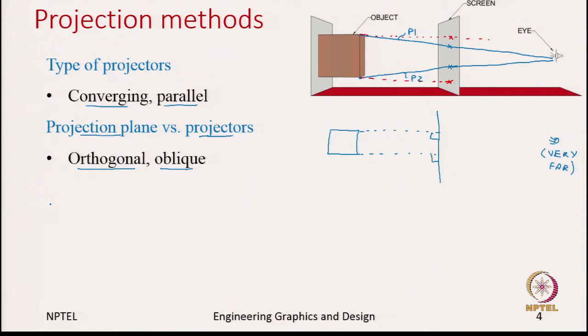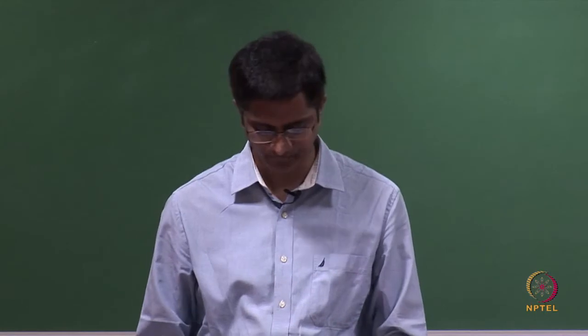When these are making 90 degrees, we call them orthogonal. So, again, it depends on whether you are looking from close or far, or how your projection plane is oriented. There is no rule saying that you should always have the projection plane in this fashion. Maybe you can have a projection plane which is inclined, and then if you extend these projectors, you will see they make an angle theta which is not 90 degrees. So, there are multiple ways you need to define whether your projection plane is perpendicular to the projectors or at an angle to the projectors. Depending on that, again we have different kinds of projections.